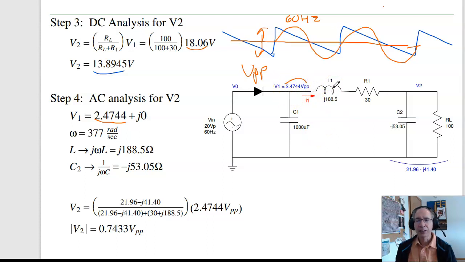The inductor, since I now know the frequency, 60 hertz, is j omega L, j188 ohms. Capacitor becomes minus j53 ohms. Put these two in parallel. And if you're using your trusty HP calculator,